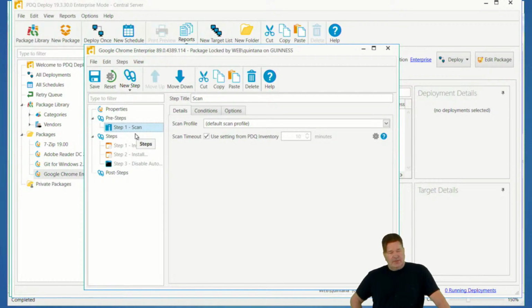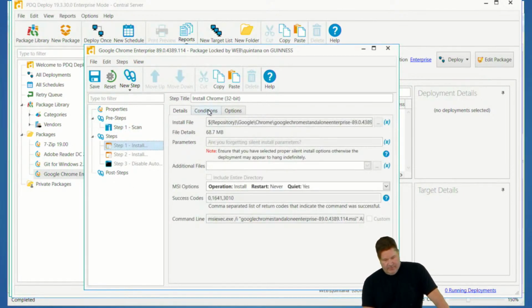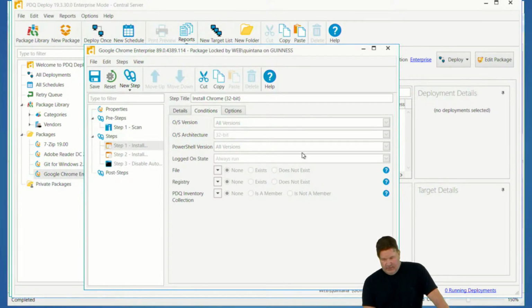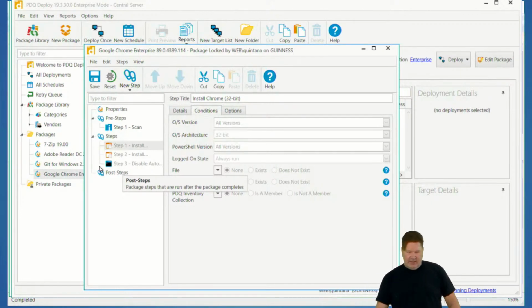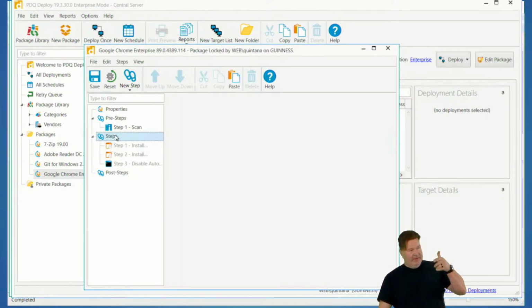Okay, so it'd be a condition, right? Can you do conditions on this install step? No, I can't do that, because it's an automatic, what is it, auto download. You can't. So that's why I say put another step in here, and then kill it on the second step if the first step